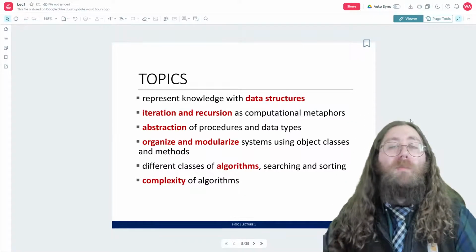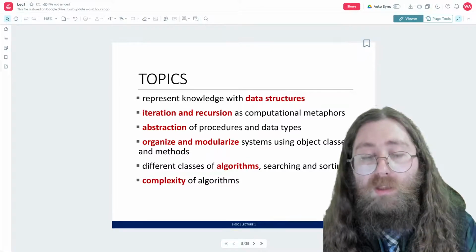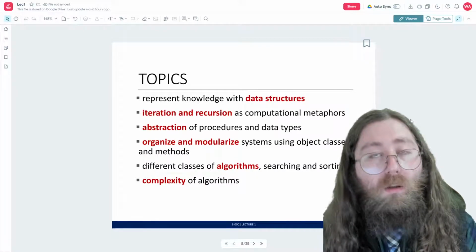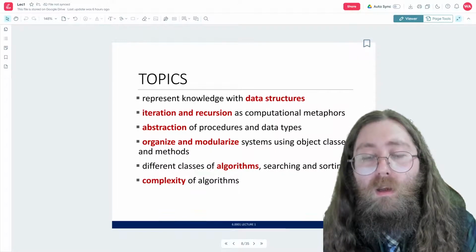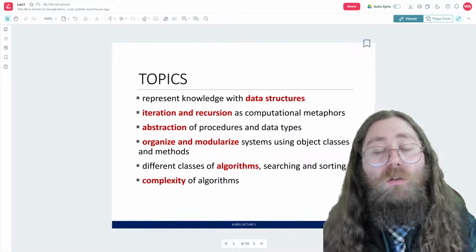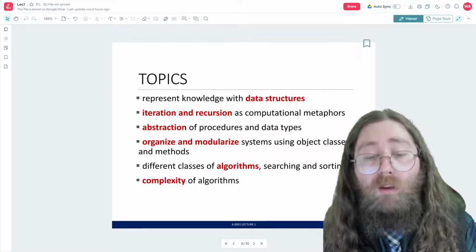All right, the main topics of this course are, there's just a few of them, but these are really big topics. So firstly, you're going to learn to represent knowledge with data structures. Python allows us to represent different things with data structures, and you're going to learn about these data structures and what they look like and how they behave.